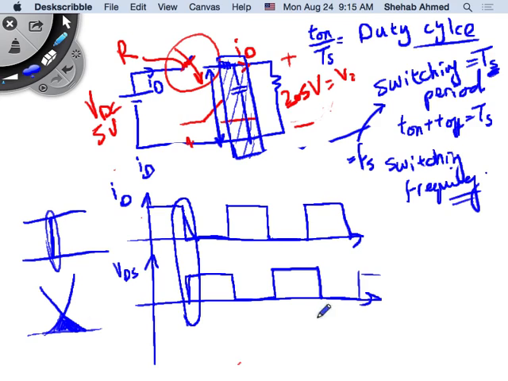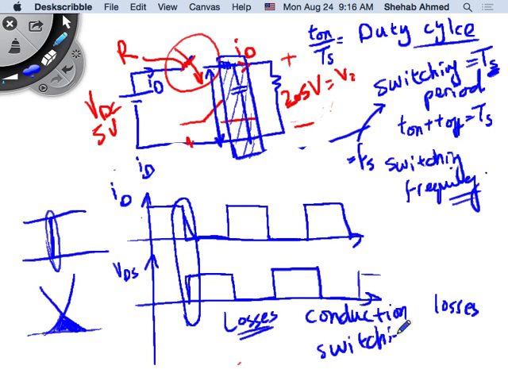So there are different types of losses in power electronics, right? So losses are divided into conduction losses and then switching losses. So it's time, we'll stop here now, but